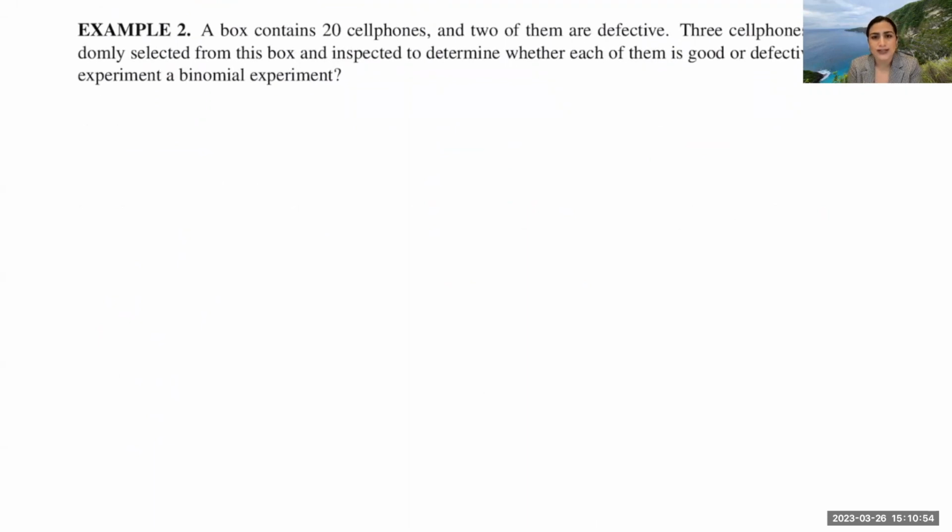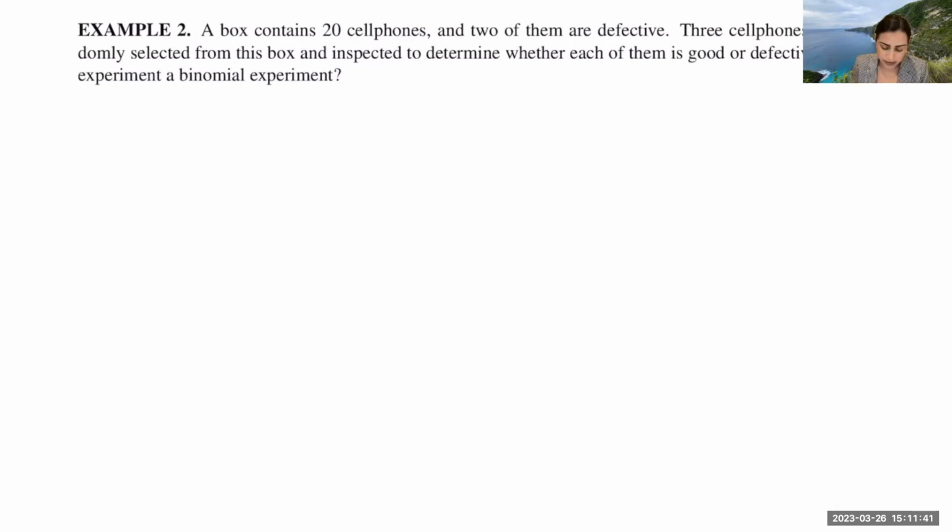A box contains 20 cell phones, and 2 of them are defective. 3 cell phones are randomly selected from this box and inspected to determine whether each is good or defective. Is this experiment a binomial experiment? Well, we have to go ahead and check those 4 conditions. We have to have a fixed number of trials. We have to have only 2 outcomes for each trial. We need to make sure that the trials are independent. And the last one is that the probability of success or the probability of failure stays the same throughout each